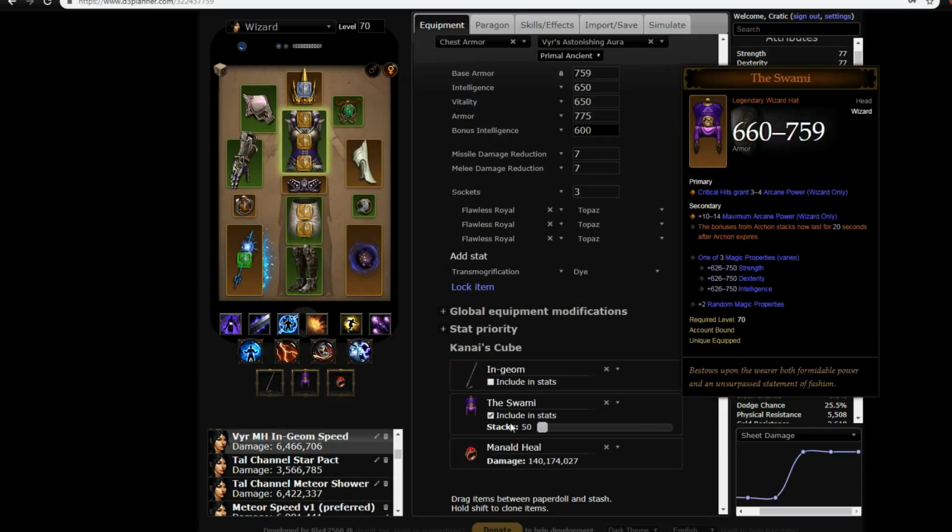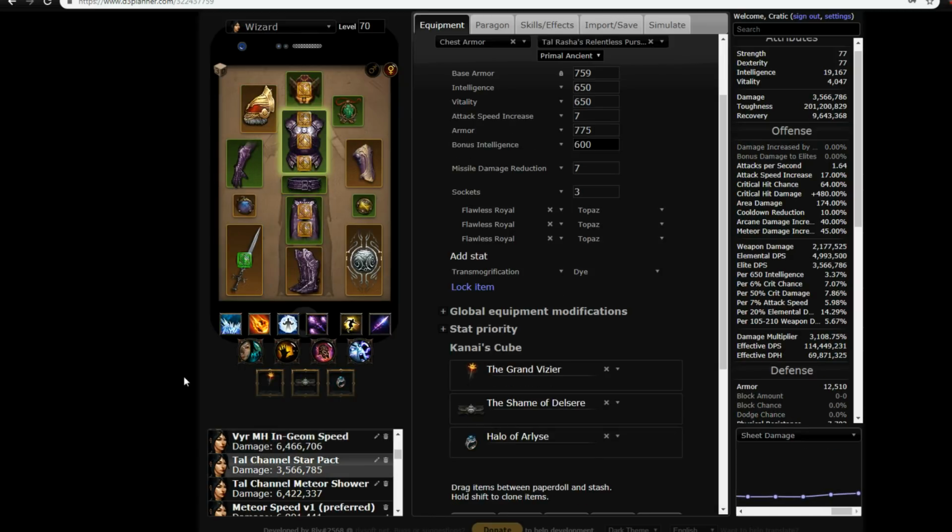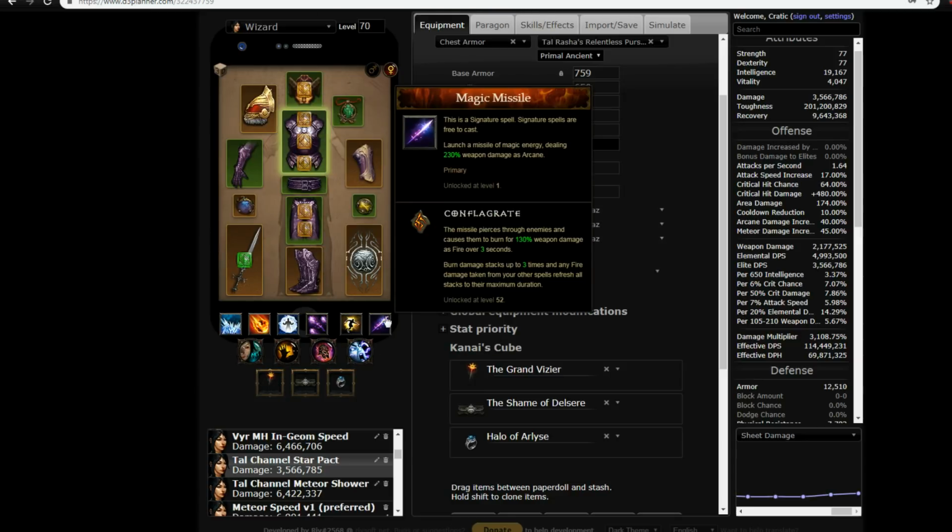Now that we're pretty much through the Archon section, the Vyr section, let's get into some more Tal Rasha builds, because I'm sure that's what a lot of you are looking forward to. I put together a rough setup based on what I know of the Firebird build for Star Pact, Firebird Star Pact, and what I think would work as good skills for a Tal Rasha variation. So this is Tal Rasha Star Pact, and basically what you're doing is you're using the Shaman Del Seer to help keep up your arcane power, replenish your arcane power,